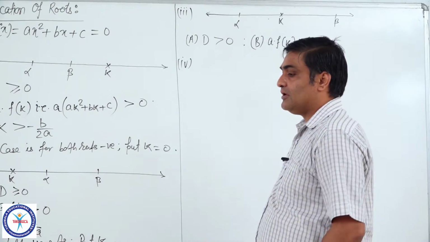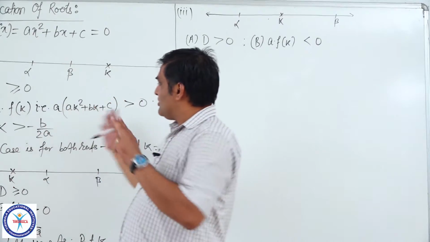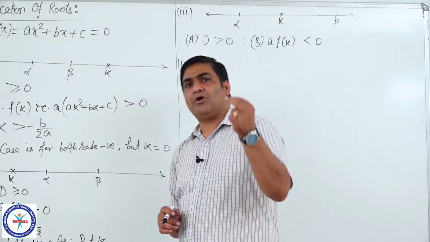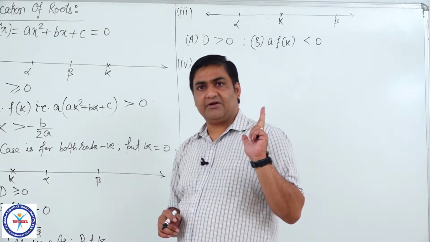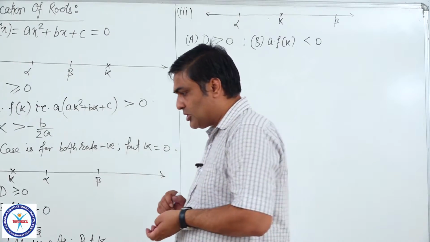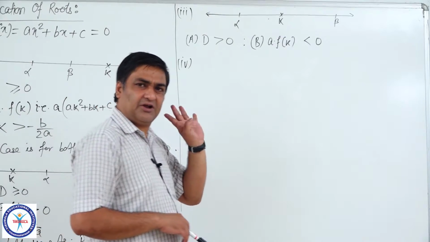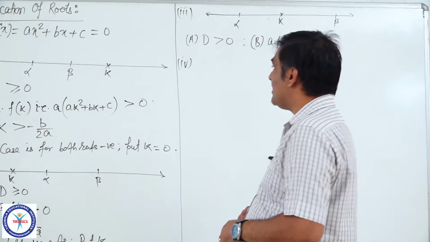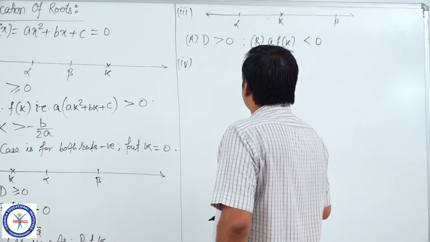Well, there might be some cases where we don't have to check the condition on D, but for now, every time you practice, check whether D is greater than 0 or D is greater than or equal to 0, because you will get confused. So for now, just check the condition for discriminant everywhere for real roots. We will see examples.